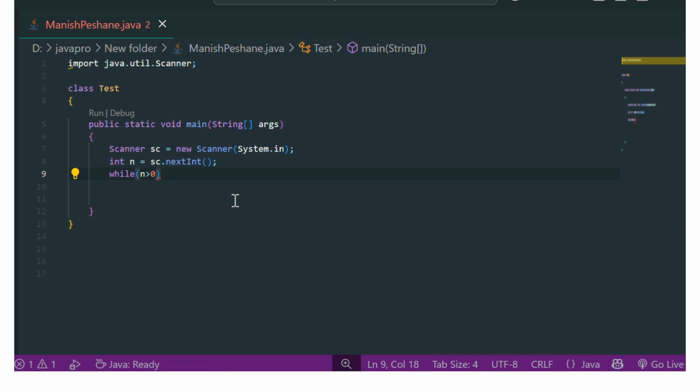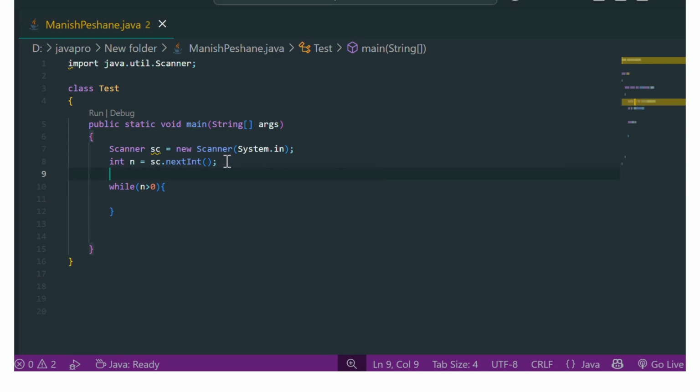Say I give 121. 121 is greater than 0, yes, so our condition will enter the while loop. Inside the while loop, we need to write one logic for how it works.